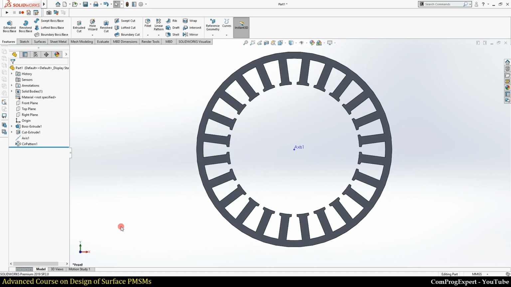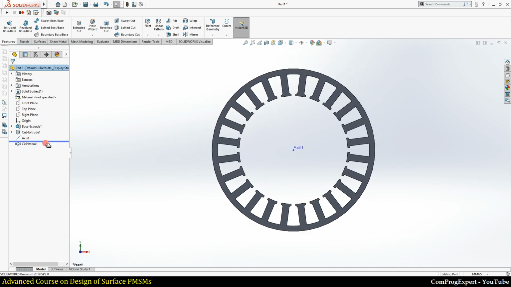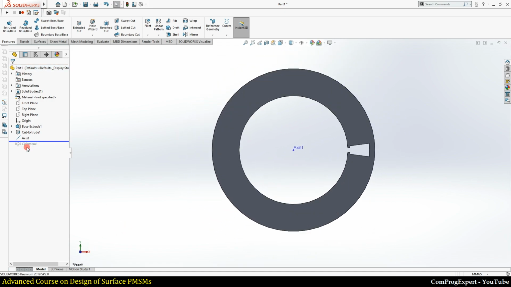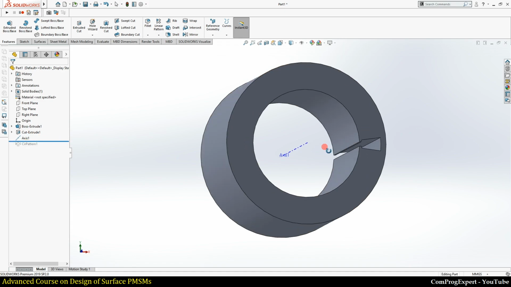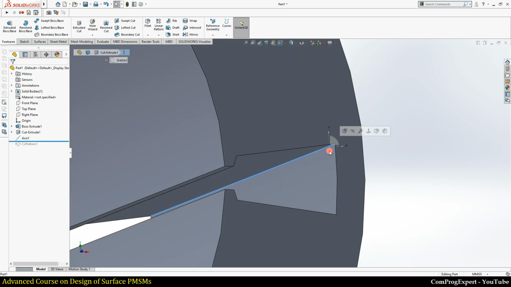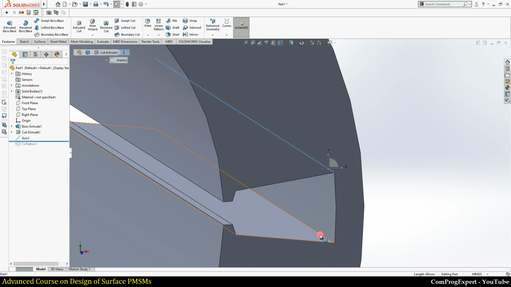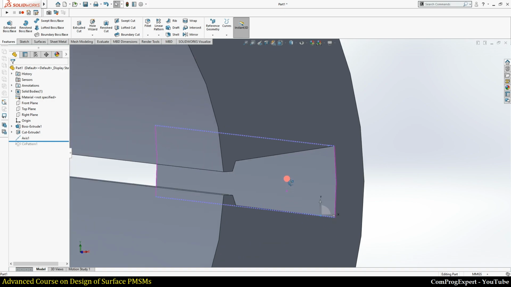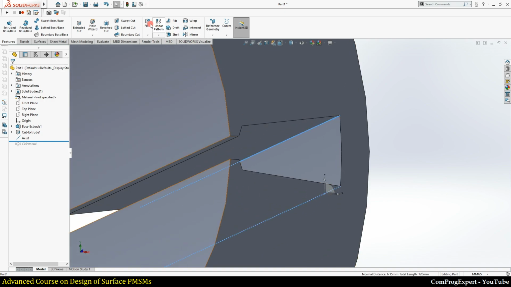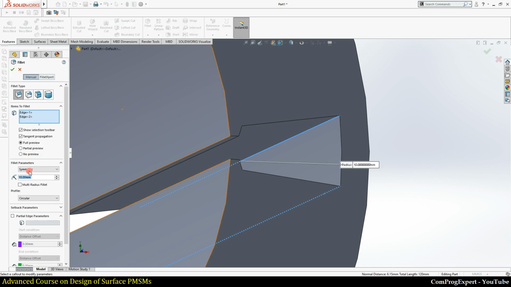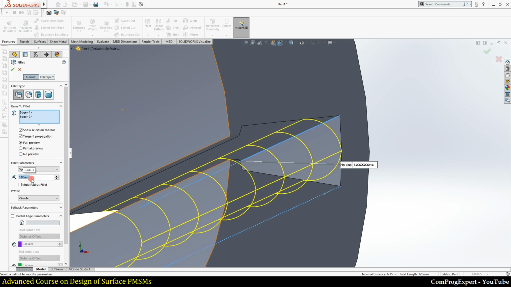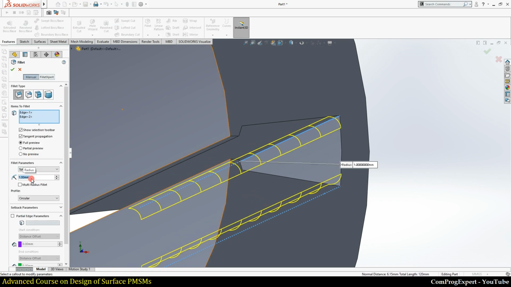If you need to consider fillets before copying this pattern, you can consider, for example, 2 fillets here. Select these 2 edges, apply a fillet, for example 3 millimeter.